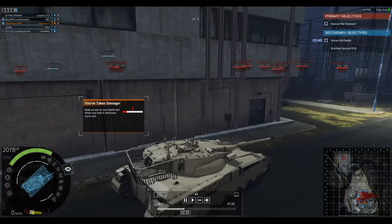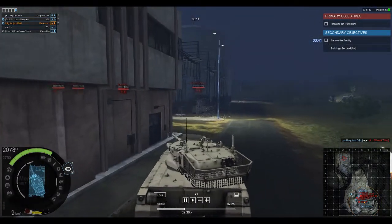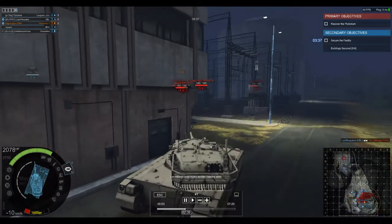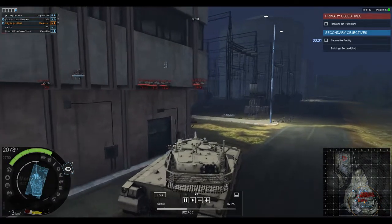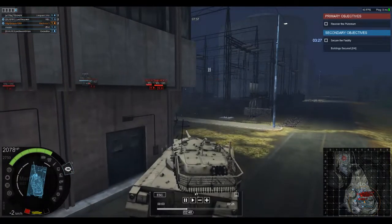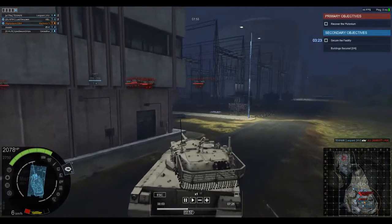The turret is in the mid compartment. What we have here, instead of an autoloader, it's actually a ready rack system. It's more or less an autoloader-like system, I guess you could say. But it's an automatic feeding ready rack. It's kind of hard to explain how it works, but essentially what happens is that the shells keep feeding